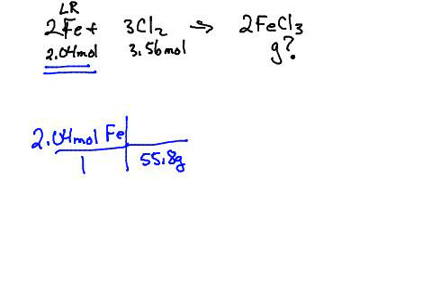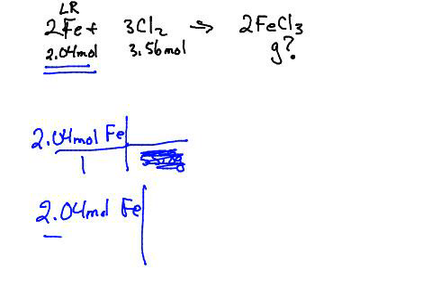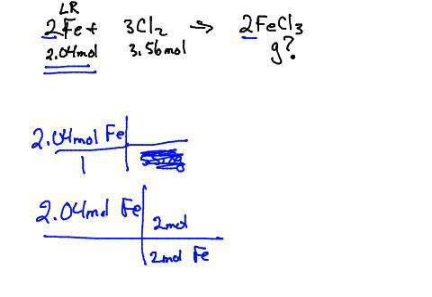So I'm going to just do a conversion. I'm going to just do it down here. 2.04 moles of iron. I can save a step, and I was not even trying to save a step. Then I can just convert moles to moles. I can say 2 moles of iron, that's from the balanced equation, this 2 right here, is equal to 2 moles of iron chloride. And it wants grams, so I do need to do a gram conversion.